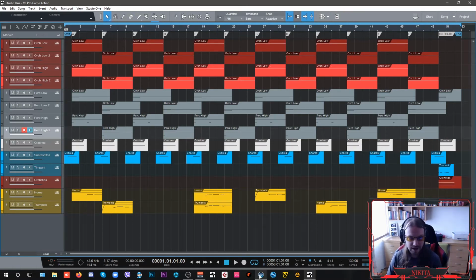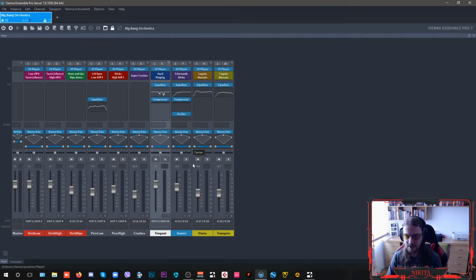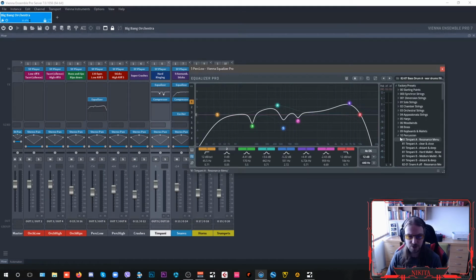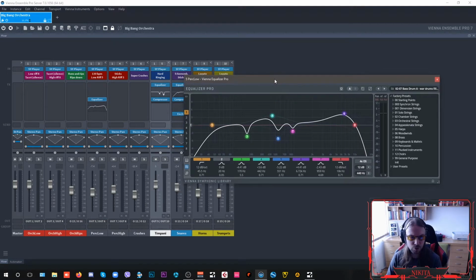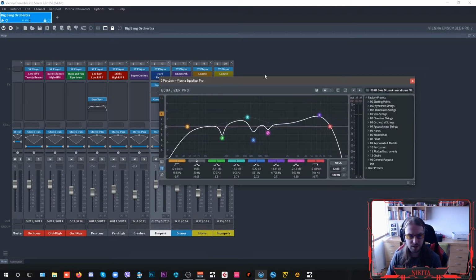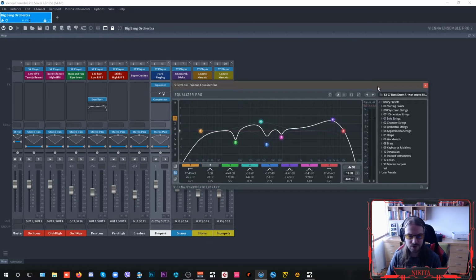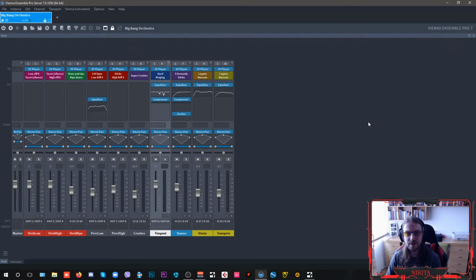So I have everything hosted here inside my Vienna Ensemble Pro 7, which is pretty cool because it also has equalizers, and I'm sorry, it jumped to another screen. So it's got equalizers here and other mix tools, plugins which are integrated into the engine of VE Pro 7, and all of these presets are custom tailored to Vienna Symphonic Library's instrument range, so you can have pretty fast results. So as you can see here,